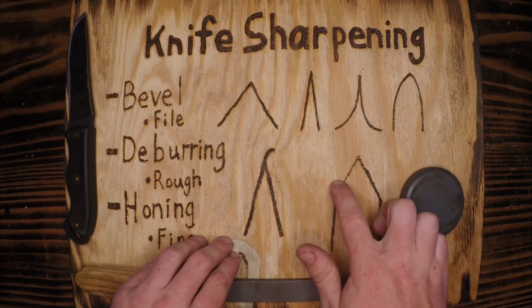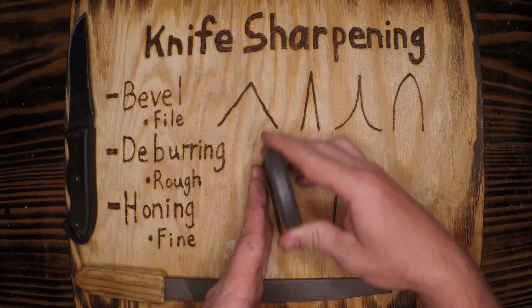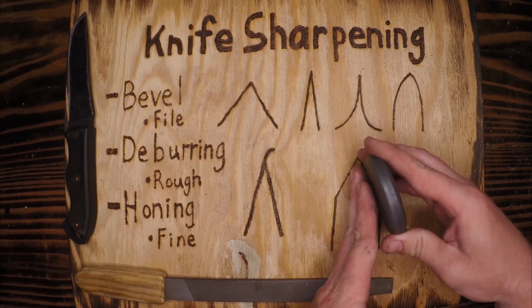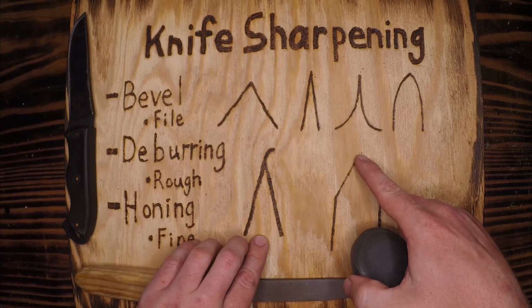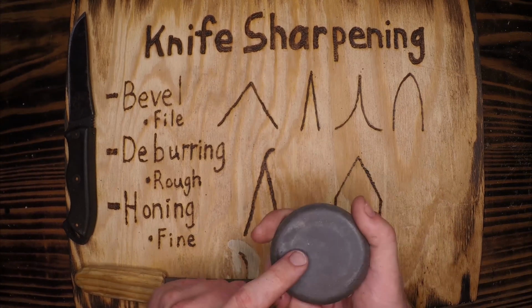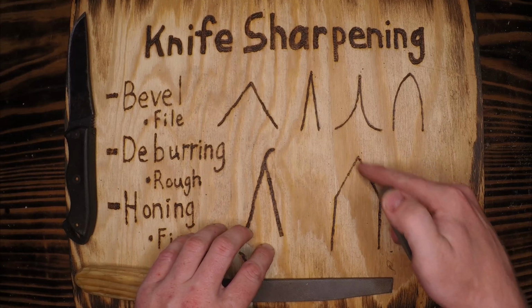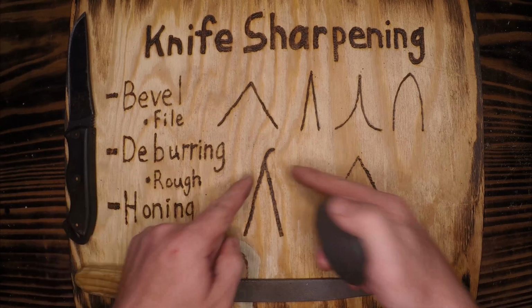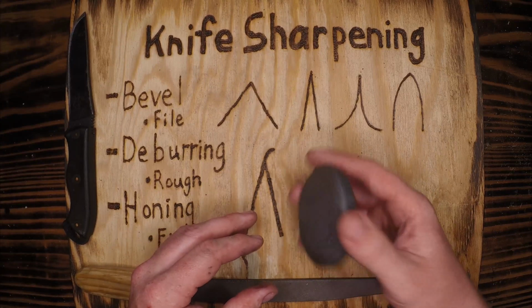Now when I hone, and again, exaggeration, I'm not going to hone on that same angle. I'm going to hone slightly more towards the tip, so I know I'm working here with this honing edge. It does not take off a lot of material. It takes off very minimal material. So if I'm honing the whole thing, the whole bevel, it could take a long time to get a sharp